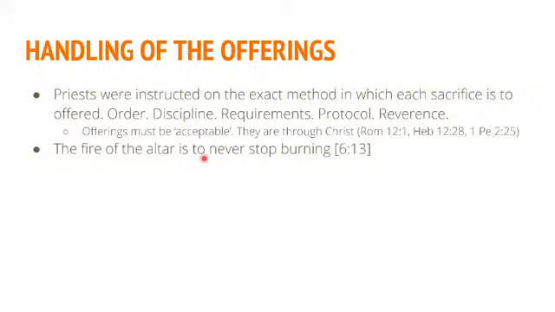Next, the fire on the altar was never to stop burning, which is an amazing thing. The fire below the altar in that tabernacle had to keep going. It was wrong or sinful for that flame to ever go out. Really interesting. One of the things that pointed to is the fact that none of those offerings were truly fulfilling anything. That's why that altar had to keep burning, and everything was perpetual, had to be done over and over in this old tabernacle, old covenant, because in reality the ultimate fulfillment of those things was in Christ.